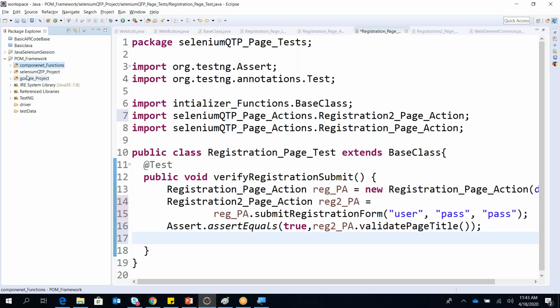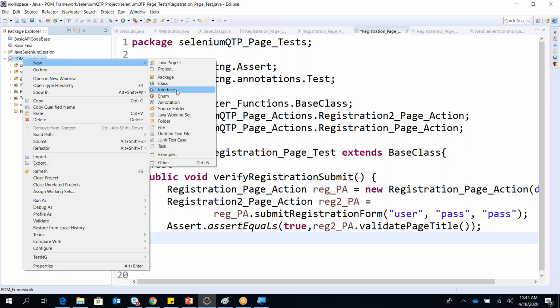So if you can see, we have a common component, common functions, which is my core architecture that works on multiple projects from now onwards. Your test data, again, you need to have a different folder within this test data, like Google is one folder, Selenium QTP is another, Rediff is another, Yahoo is another, in this way. Drivers are common to all because you are executing on one machine, or if you are working on the VM, then definitely you need to mention those drivers there.